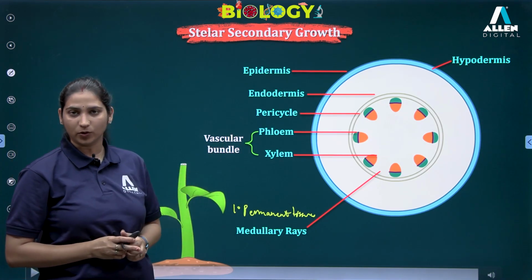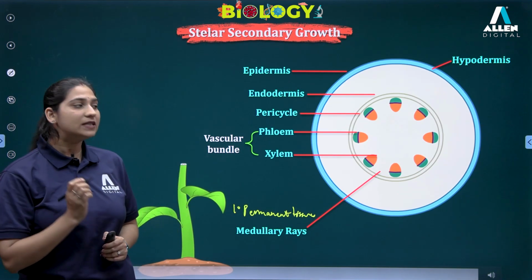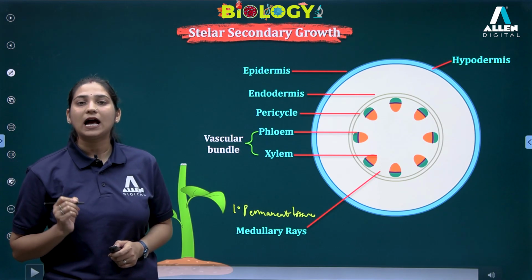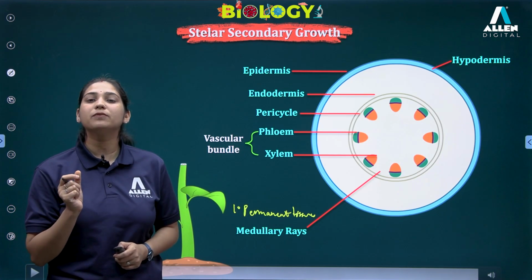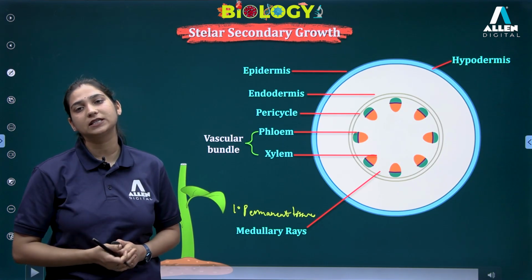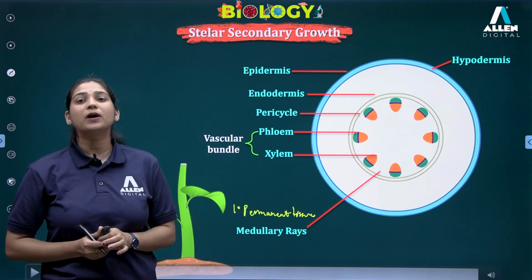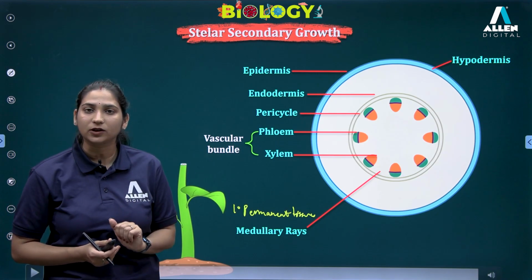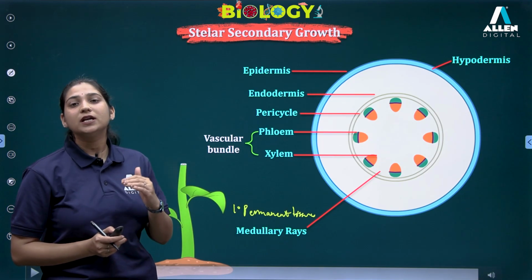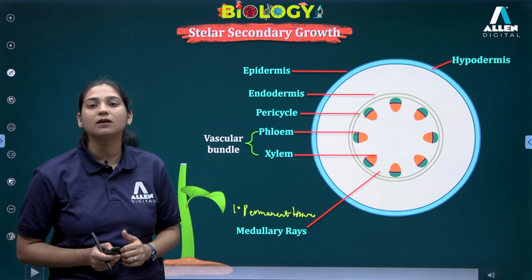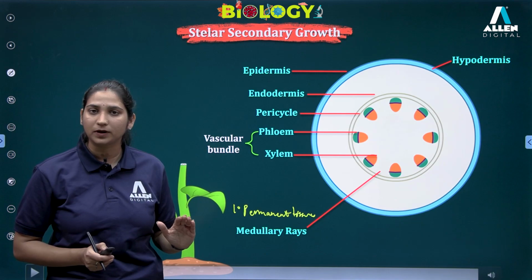Between xylem and phloem, there is a pink colored band of cells, if you can observe. This band of cells is called cambium, intrafascicular cambium. Cambium means a patch of meristematic cells. So what is the difference between meristematic and permanent cells? Permanent cells do not divide at all. But meristematic cells' work in the plant system is to divide and increase the number of cells within the plant body. So for any type of growth in a plant,